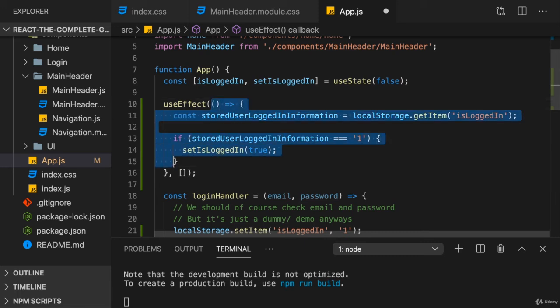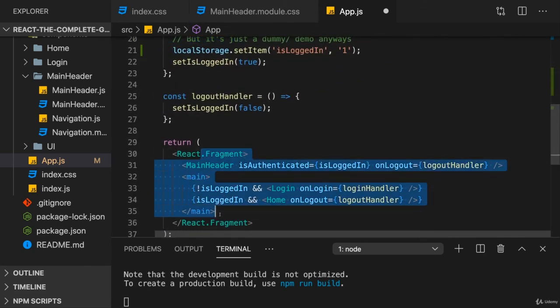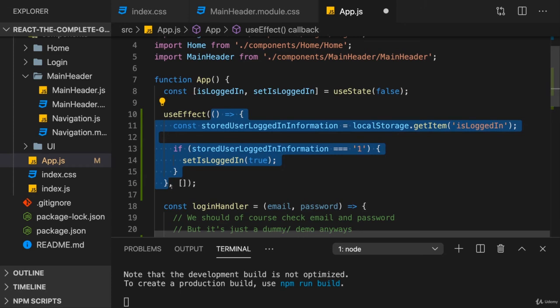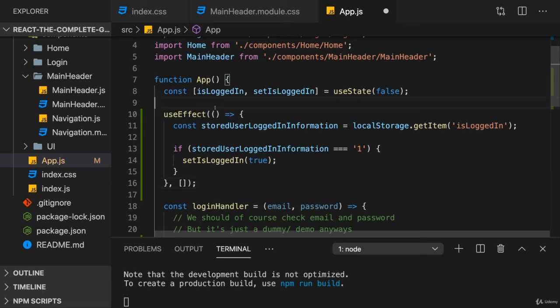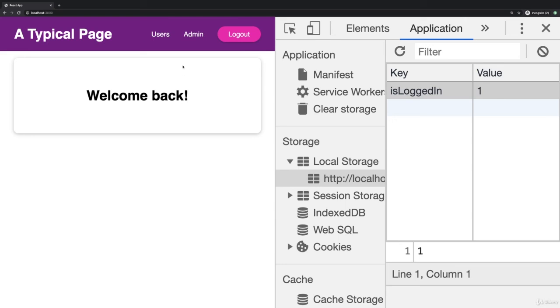Once the app started, this code runs. Here, we update the state, and as you learned, this triggers this component function to run again. Now, therefore, this all runs again, this JSX code is evaluated, and the DOM is updated accordingly, but thereafter, the effect would run again, but only if our dependencies also changed. And that's not the case here, as I explained. So therefore, this should only run once, and hence, if we save that, and I reload here, you see I'm logged in. I don't end up on the authentication screen, but in the logged in state. And the reason for it is that we have this stored.